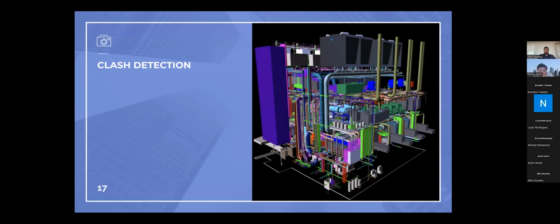Clash detection is basically bread and butter for us. I do it, that's like 50% of